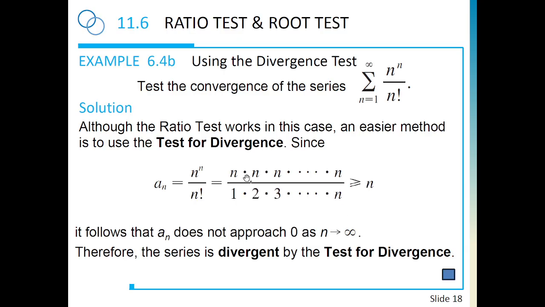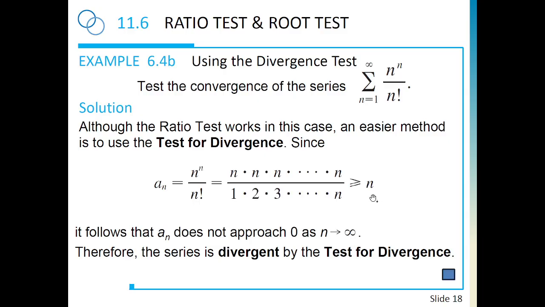So I have n times something bigger than 1. So that's obviously bigger than n. So the general term is bigger than n. When n goes to infinity, the general term diverges. Obviously, it is increasing without bound. Well, that means that by the divergence test, since the general term does not converge to 0, we